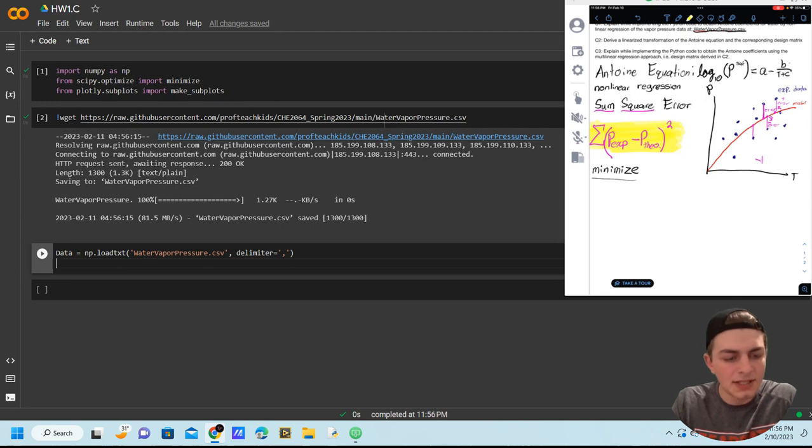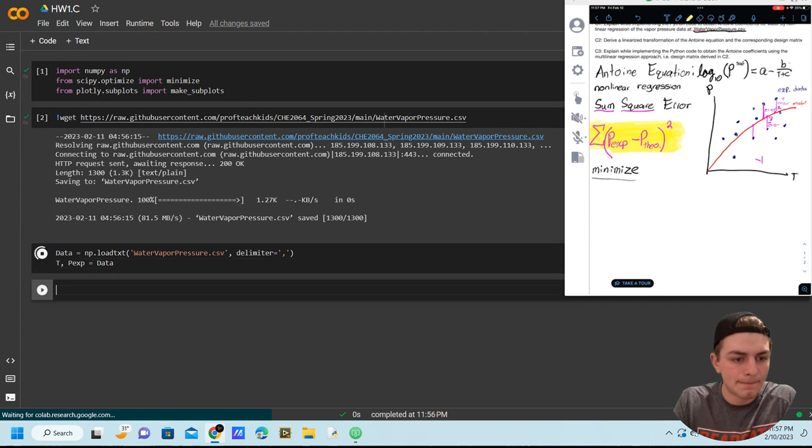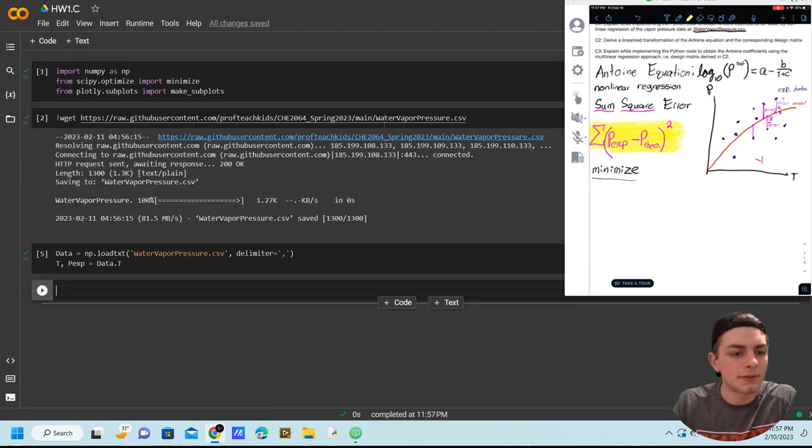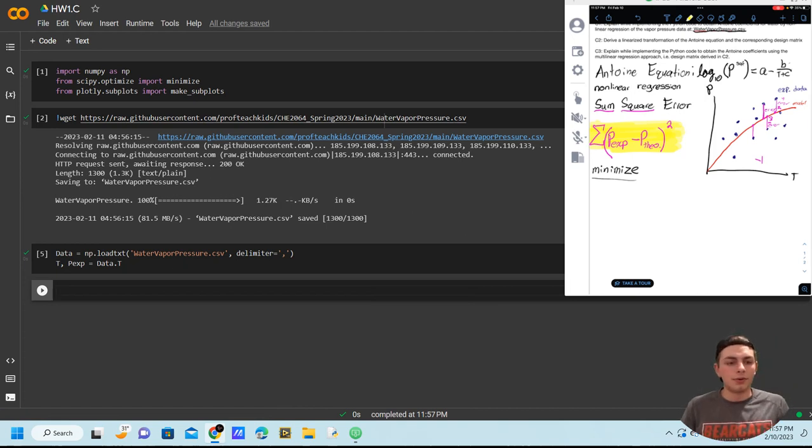So now that we've grabbed it, let's go ahead and split our data into its two components, temperature first, and then experimental saturation vapor pressures second. And transpose it. Perfect. Cool. Now that we have all of our data extracted, it's time to go ahead and define a sum squared